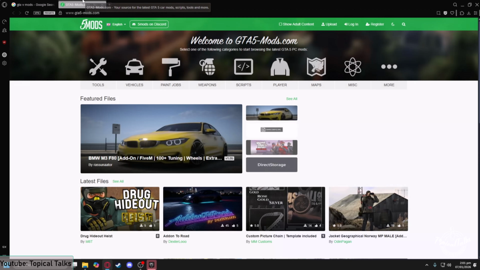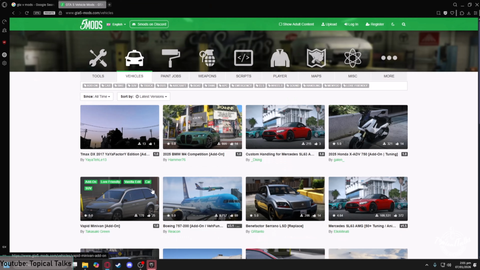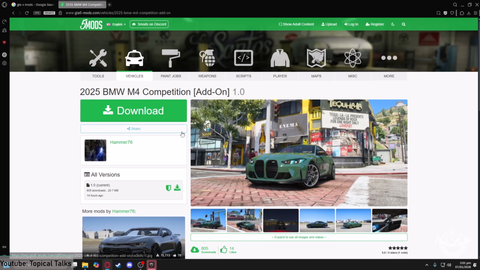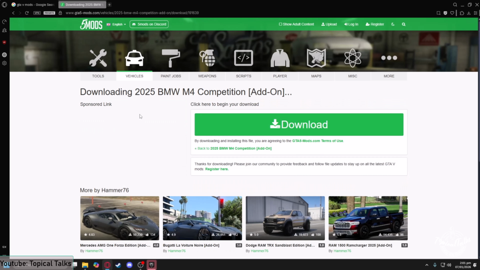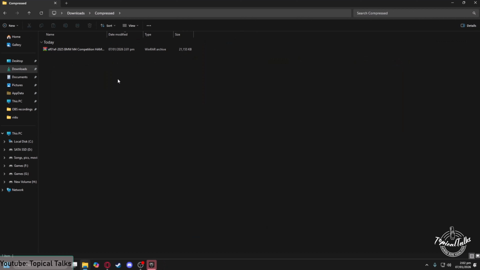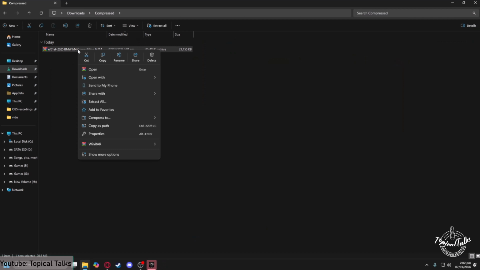We'll just need to open it. From here, head into the vehicles tab, and from here you can select whatever vehicle you want to download, and in order to install them, just head into that mods folder, click on download option, then download. Now the download has begun. After the download is complete, we'll just extract them into a new folder,